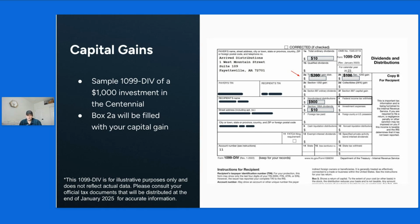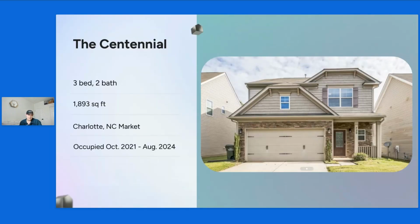Again, hopefully this gives you a reasonable overview of what you can expect when you get your 1099-DIV, and it'll at least help you contextualize the numbers you're seeing in January when you get this form. All right, this is just a brief conclusion here before we open it up to Q&A,